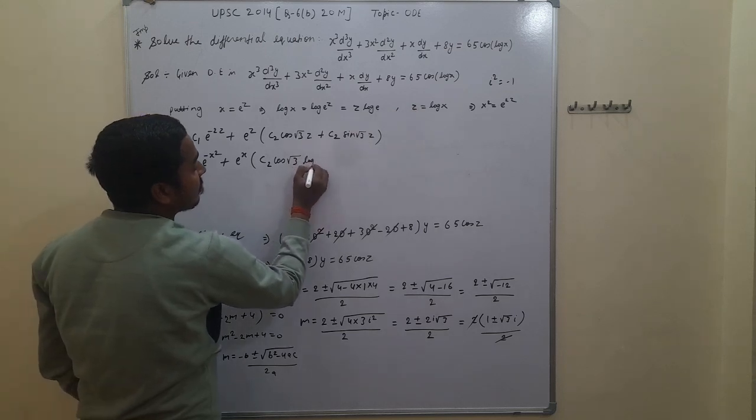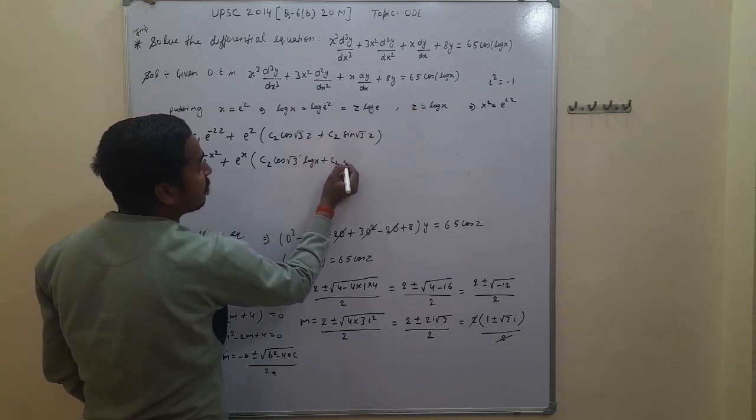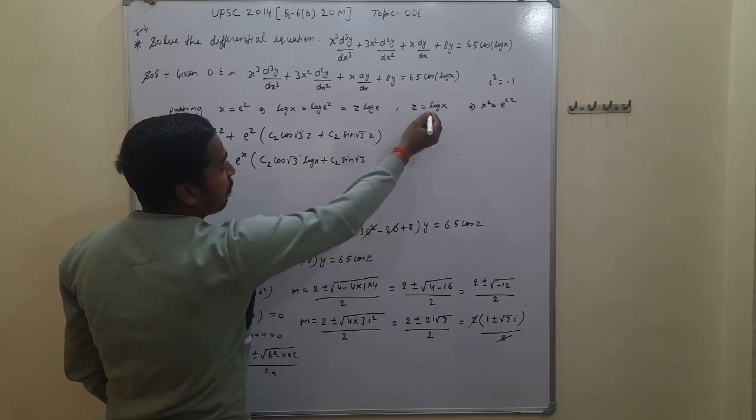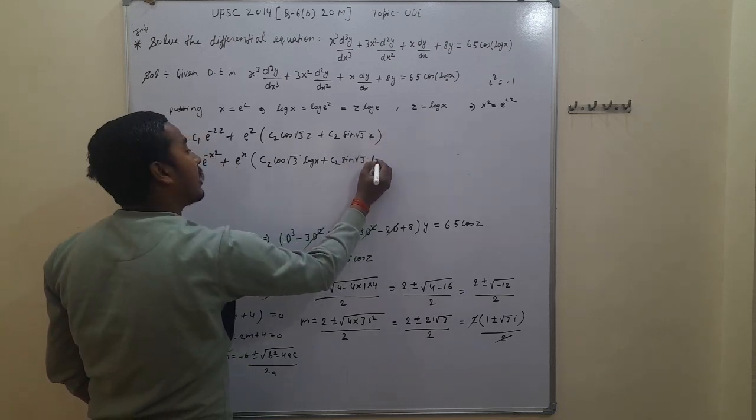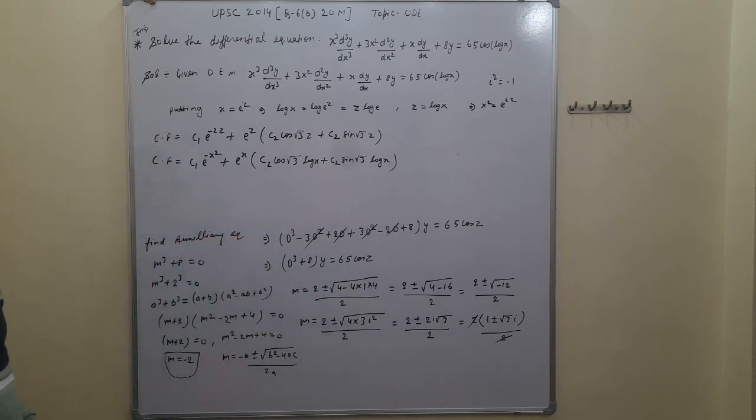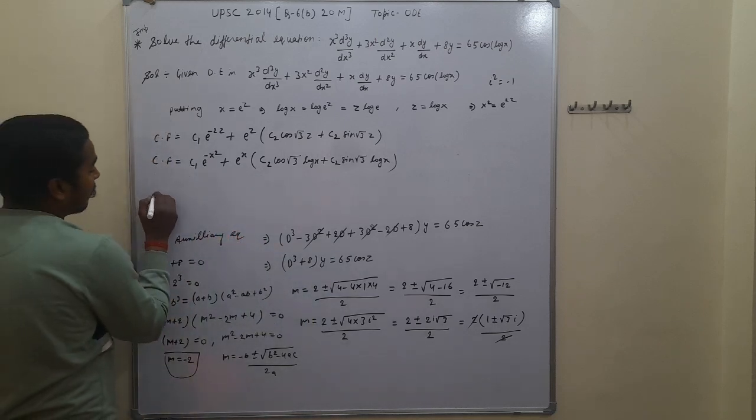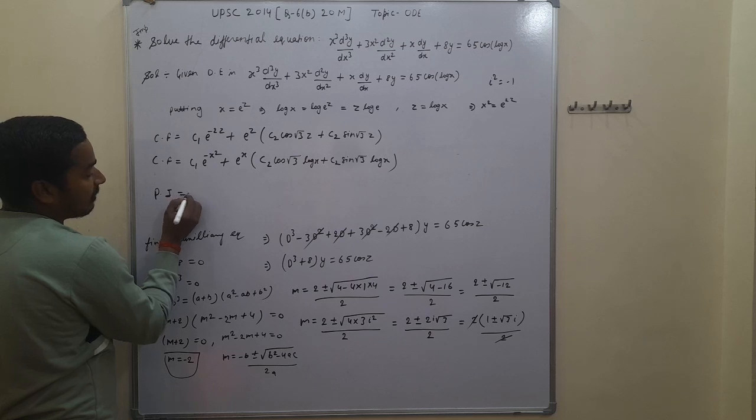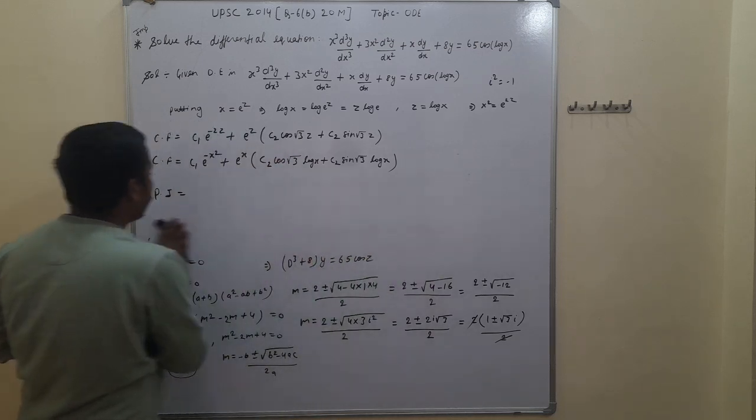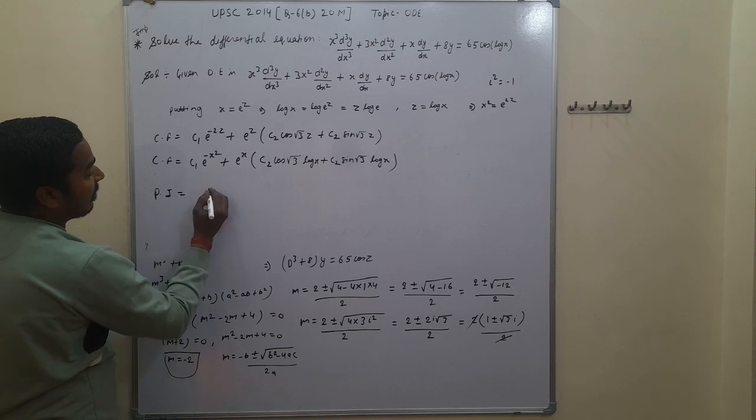This is written as log x plus c2 sin root 3, and again we have to put z in place of log x. This is the complementary function. And further we have to find the particular integral. The particular integral is given by,